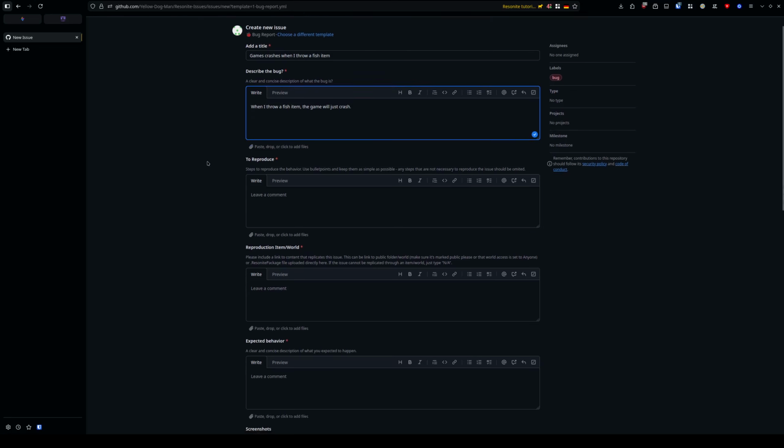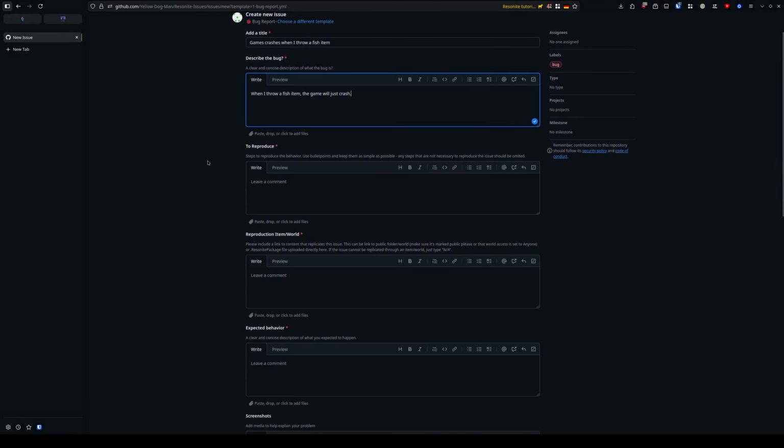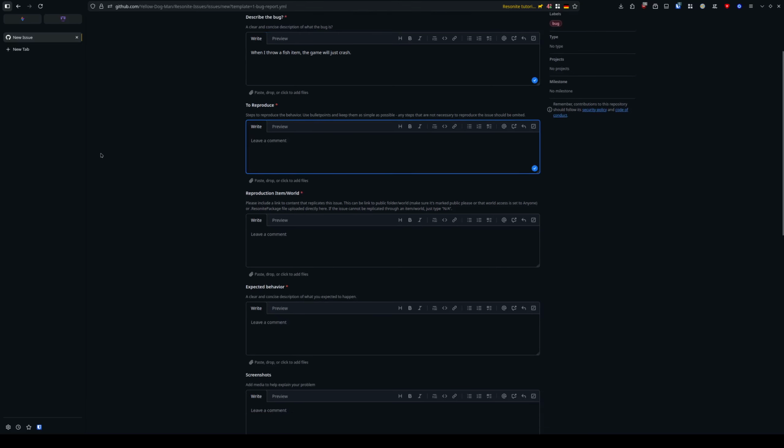And again, you do not need to be precise, and you do not need to troubleshoot the issue ahead. If you know the general area of where this is happening, what item it happens with, this is already good enough. So, for instance, to reproduce,